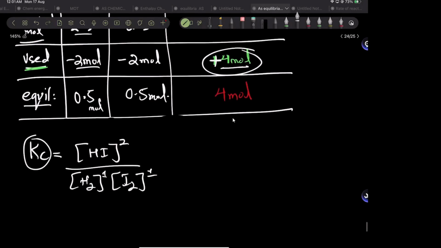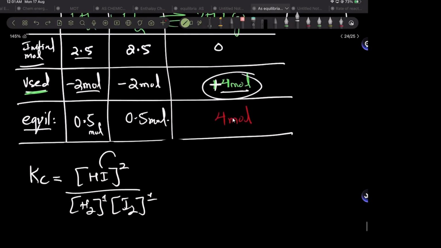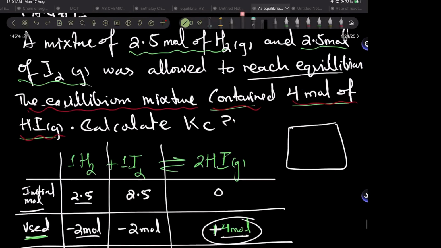Now, in order to find the value of Kc, I need to insert the equilibrium concentrations over here, right? But now try to understand what concentration is. It's the amount of moles that are present per dm cube of volume. Whatever the moles are in 1 dm cube, that is the concentration. That's the standard concentration. So if I tell you that this reaction was being conducted in a volume of 1 dm cube, with H2 and I2 reacting and producing HI in this 1 dm cube of volume,